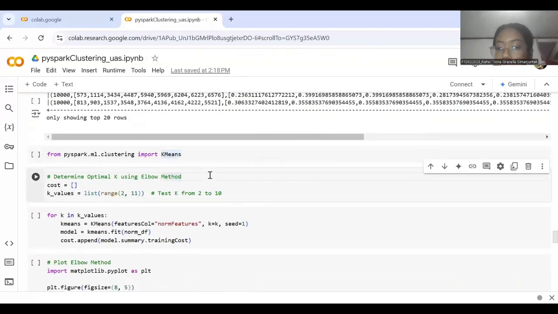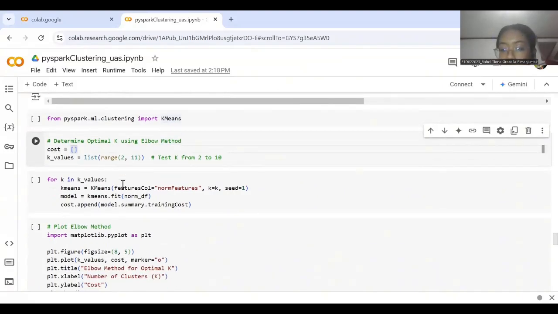Next, the code initializes an empty list called cost to store the training cost associated with different values of K. It then creates a list of K values ranging from 2 to 10, which will be tested to determine the optimal number of clusters for the data. This range is chosen because clustering typically requires at least 2 clusters to be meaningful.